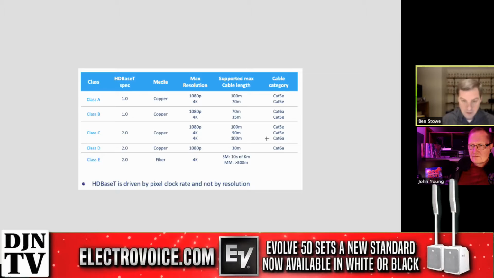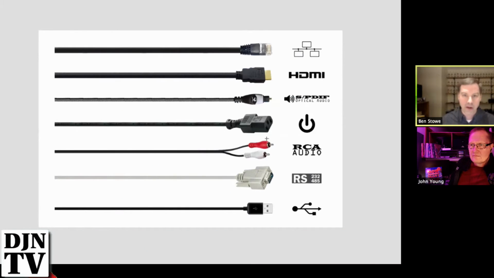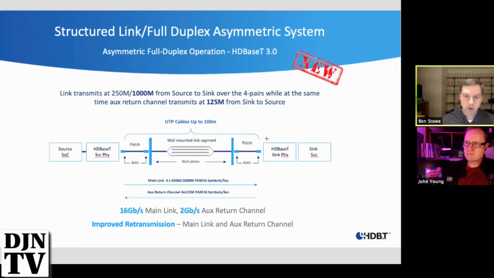And it's also capable of carrying all these things with it. It will actually carry up to a gigabit of Ethernet alongside. You can carry audio channels going in both directions. It'll handle up to 100 watts of power. So there are actually HDBaseT displays that are run from this cable. And there's a thing called POH, power over HDBaseT. So maybe we could power the receiver or something else too, as well as USB and other control protocols.